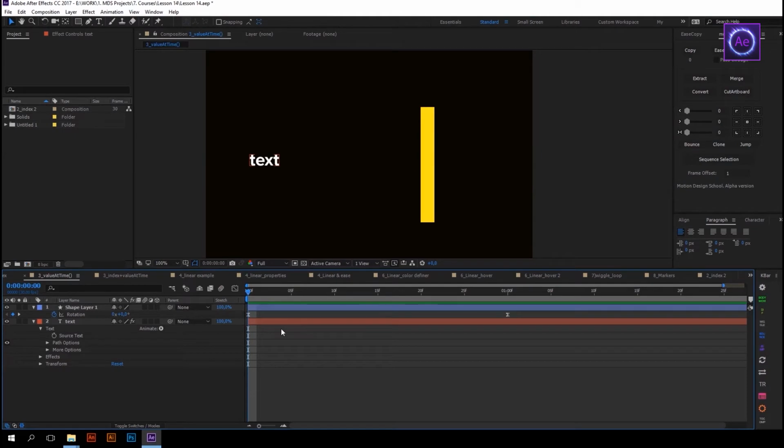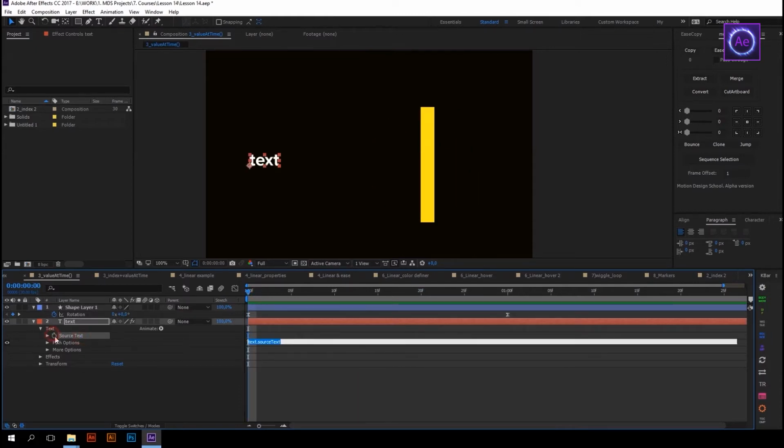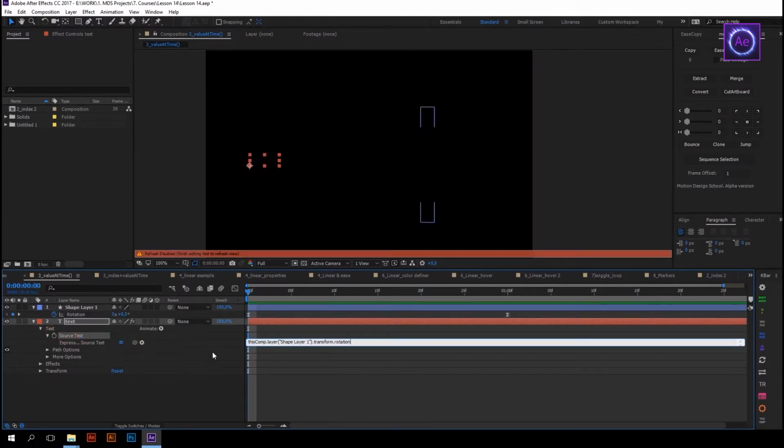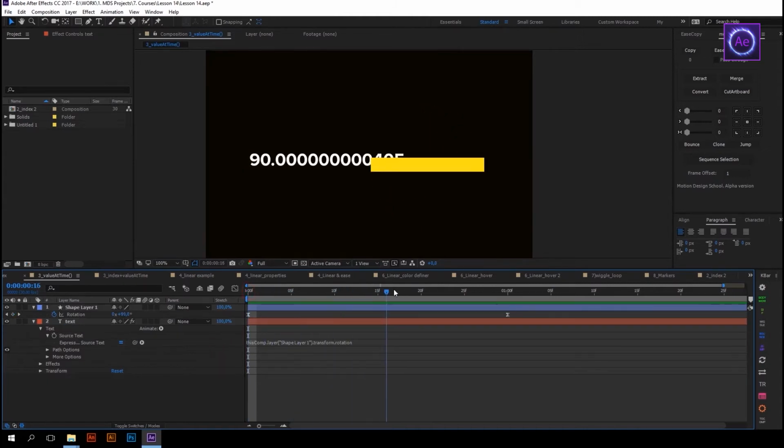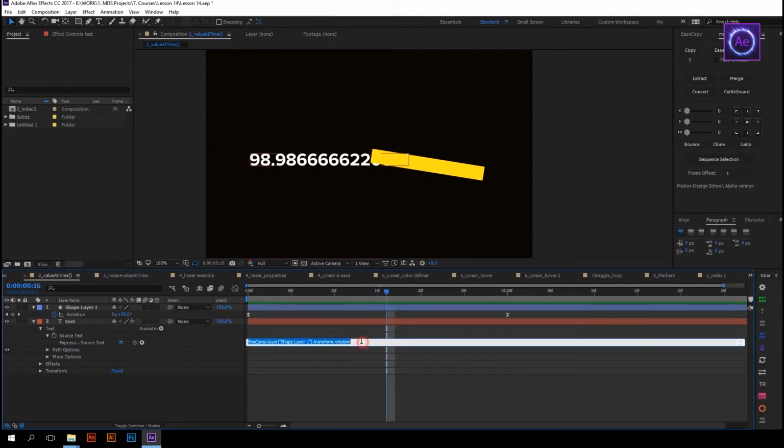The next very useful function is value at time, which allows you to get the value of any property from a specific moment of time. We have this rotating rectangle in the composition and the text. Let's parent the source text parameter to the rotation property of the rectangle. And now, the rotation values on each frame are shown on the text layer. But if I go to expression and add a period after rotation, type value at time,